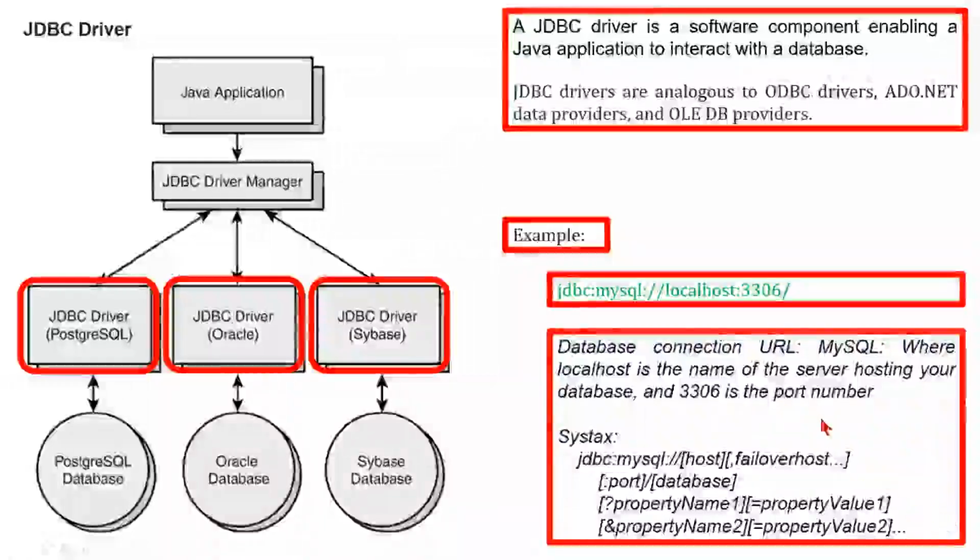As an example, we can consider this database connection URL in MySQL, where localhost is the name of the server hosting your database and 3306 is the port number. Here you can see the syntax. Here host colon port